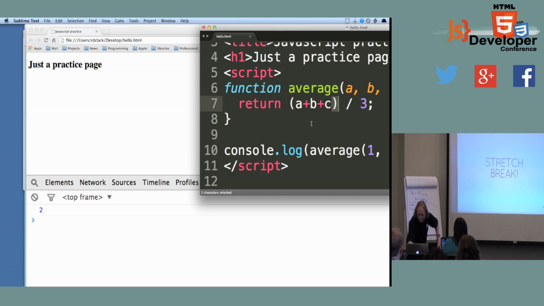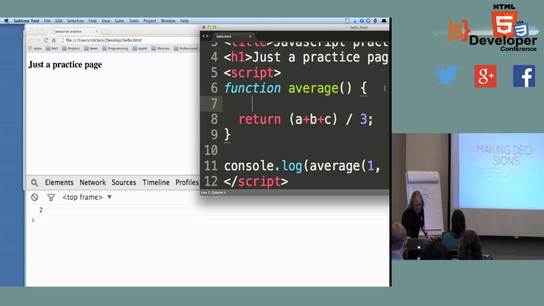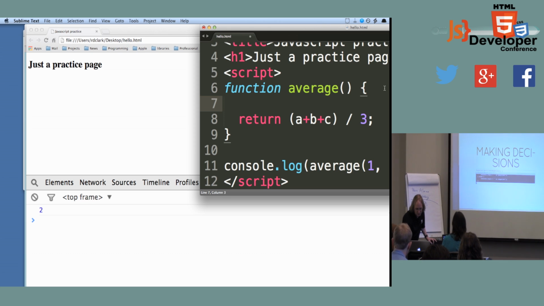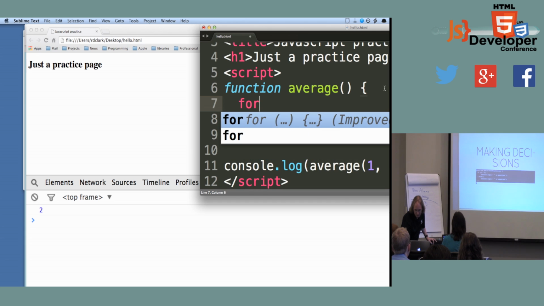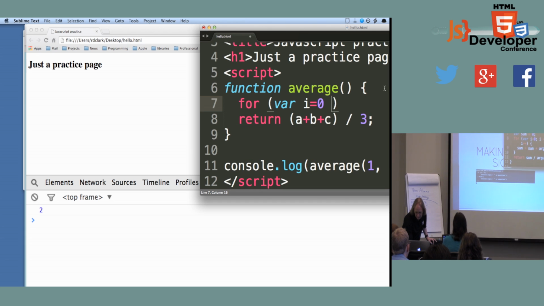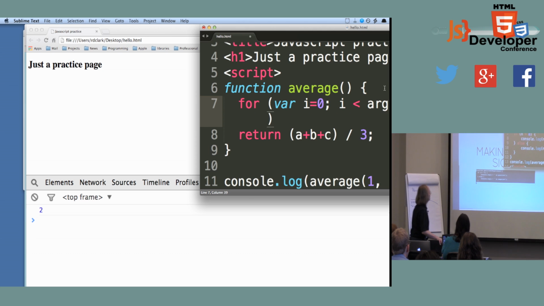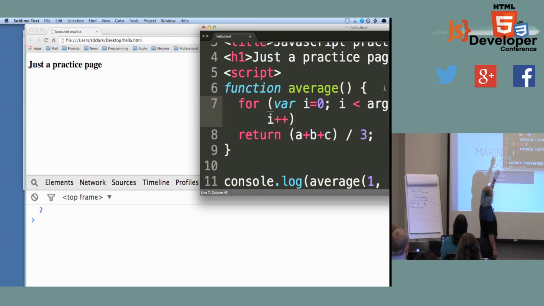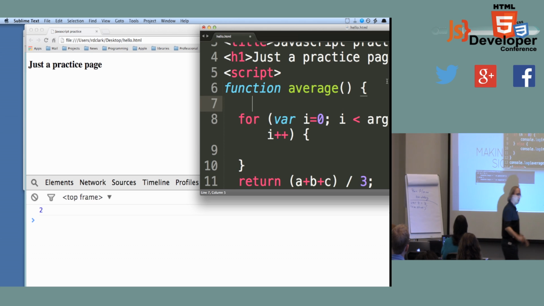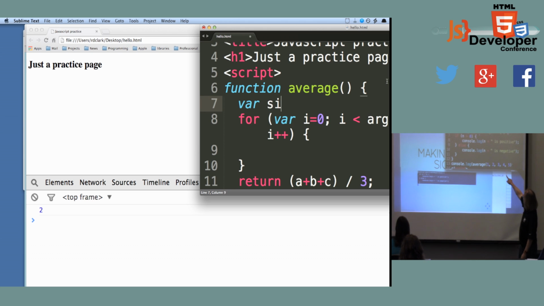But here's a funny one. Let's say I wanted to write something to average any number of inputs. There's something very interesting in JavaScript called arguments. And again, we're going to get slightly ahead of ourselves, but it's kind of a fun thing here. For the developers in the room, you can have fun with this one. So I could say something like, and if this is really unclear to you right now, don't worry, we will get you here. I need some value here, and I have to start it at 0.